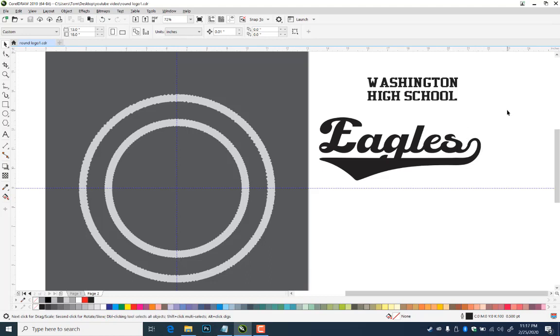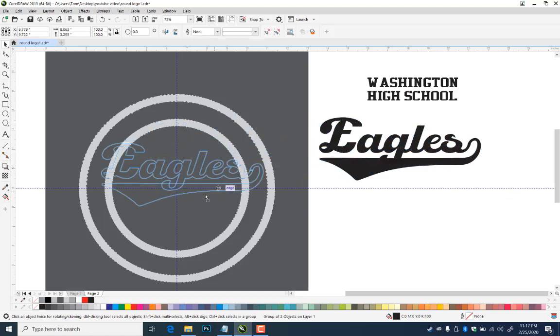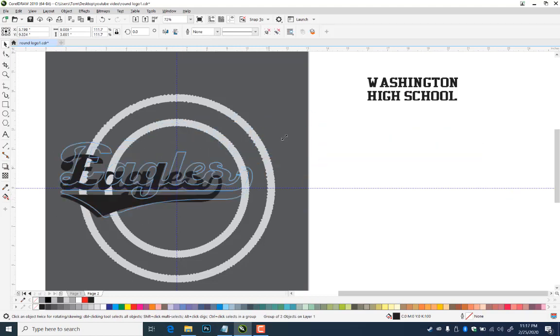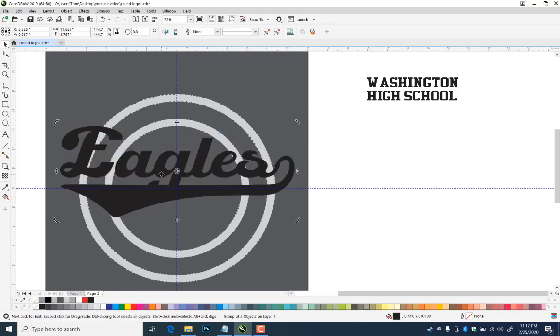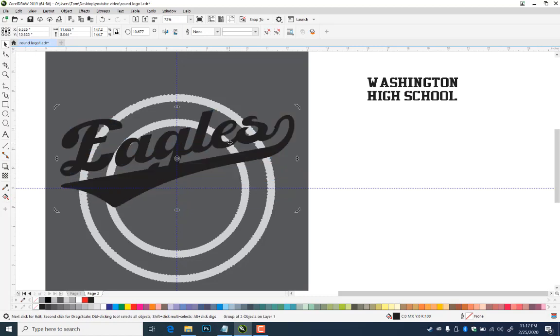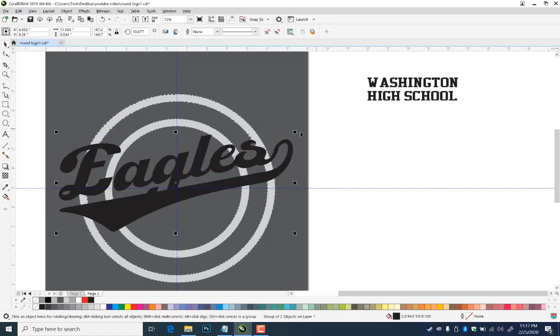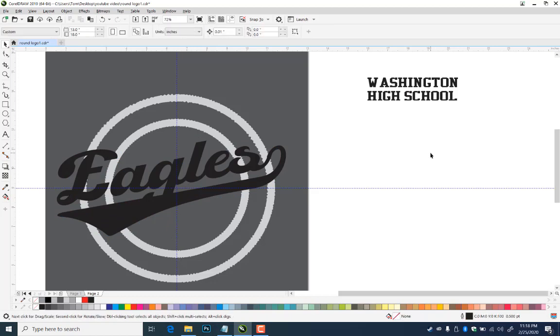And then, so now what we're going to do is we're going to take this font here. I'm going to group it. Bring it over, and I want it to be a little bit bigger than my circle, like that. And then I'm going to click here, and I kind of want to just arch it up like this. And then I can bring this whole thing down, shrink it a little bit maybe, right about there. Save it,